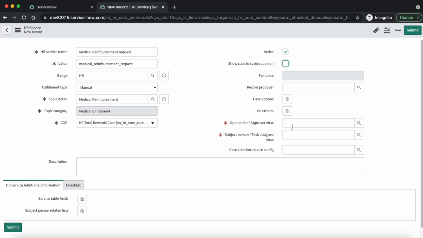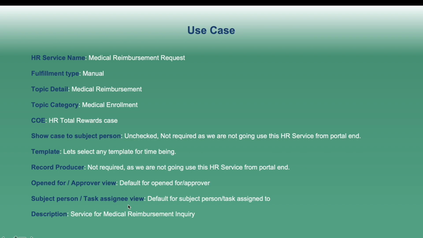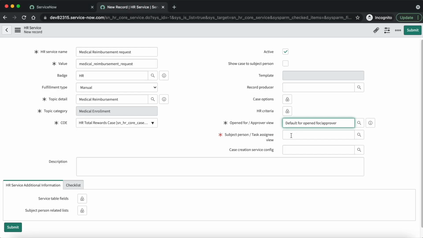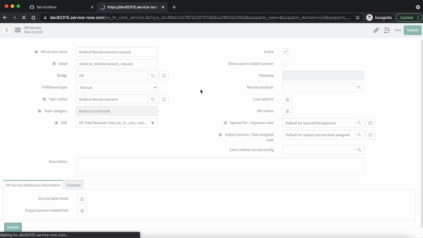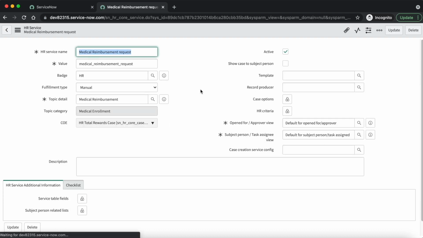Open for approver, default for open for approver. In subject person task assignee view, default for subject person. Now let's save it. Now we can select any template over here.